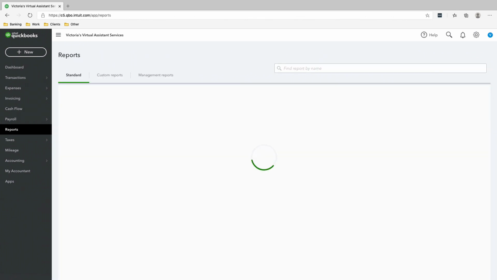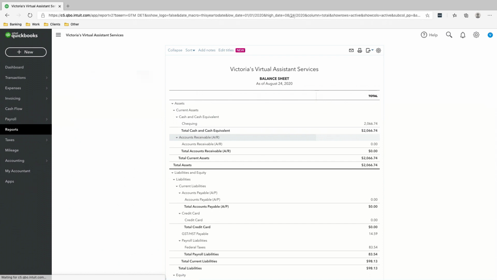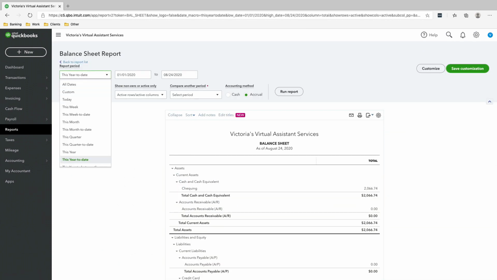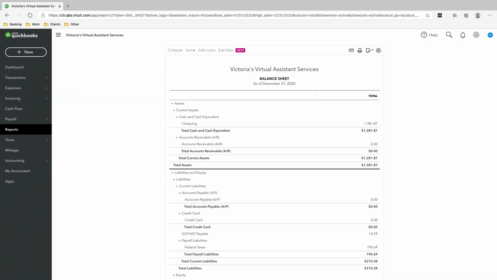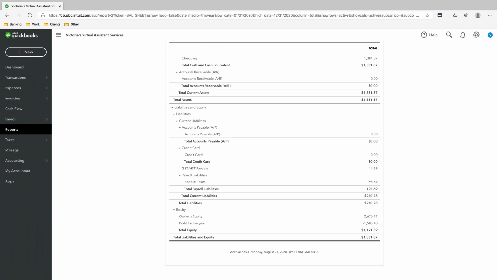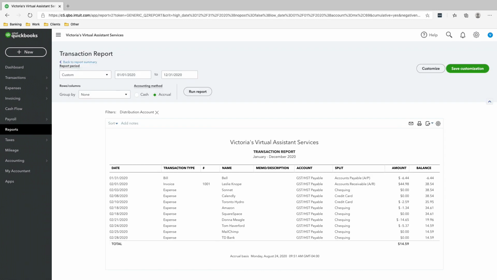So let's go back to report list. Let's go to our balance sheet. And then again, make sure that the reporting period is correct. So this year, January to December. Okay, so GST/HST payable is only 14.59, not what we collected, which is 44.98. I wonder why. So just click this, and then you can see, oh, here you go, 44.98 is what we